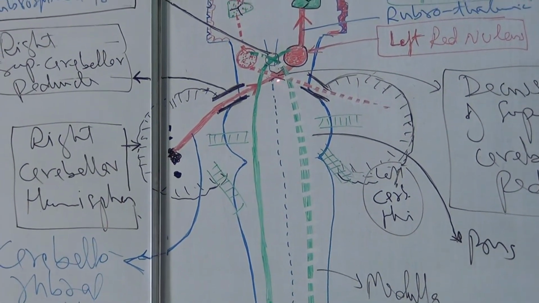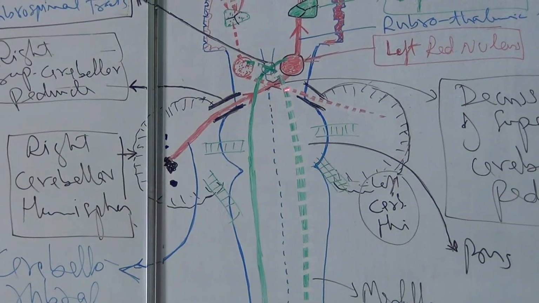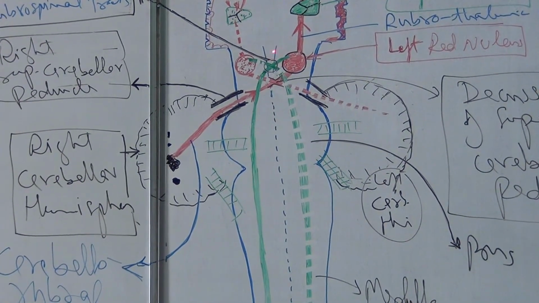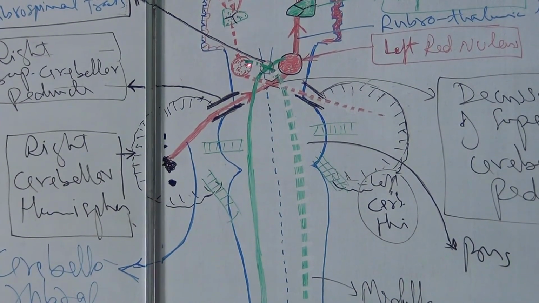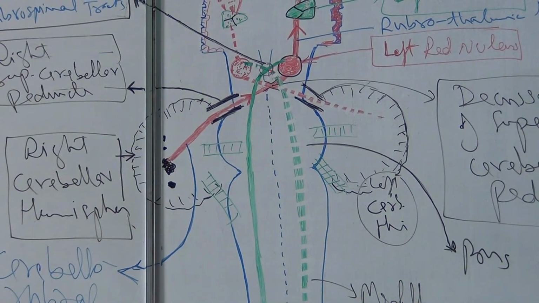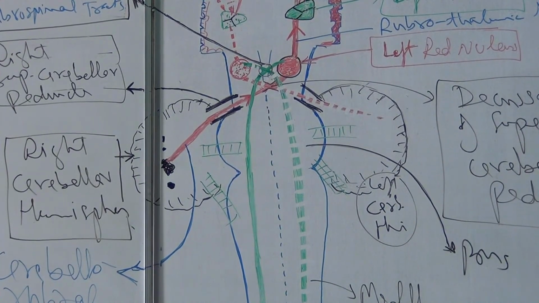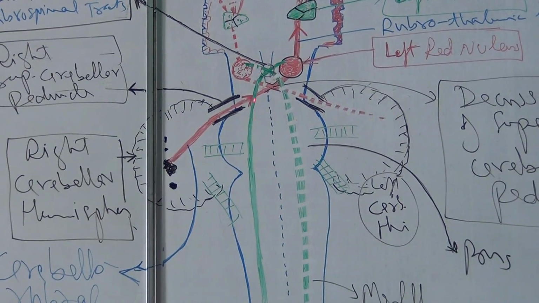So here below is the decussation of the superior cerebellar, and above, at the level of superior colliculi and red nuclei on each side, is the ventral tegmental decussation, where the left and right